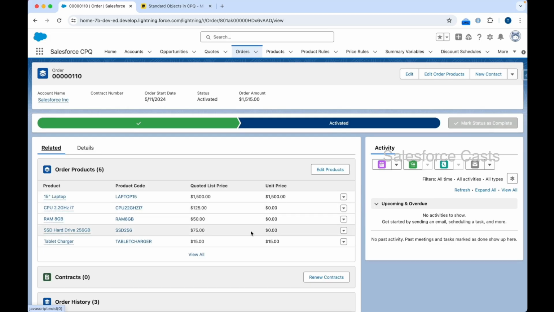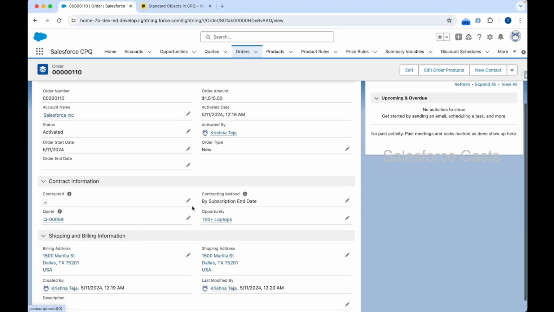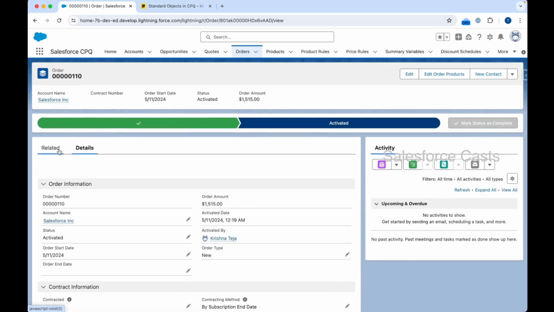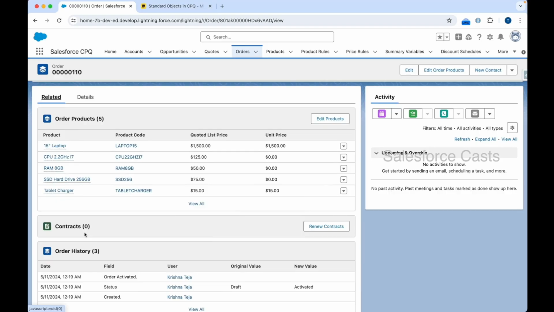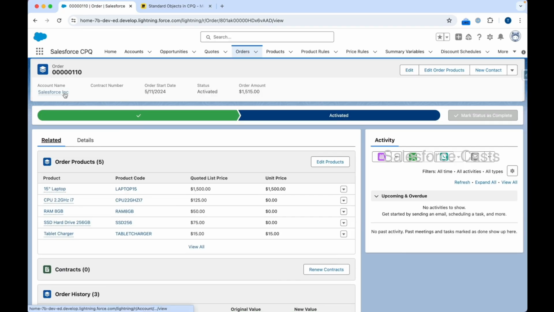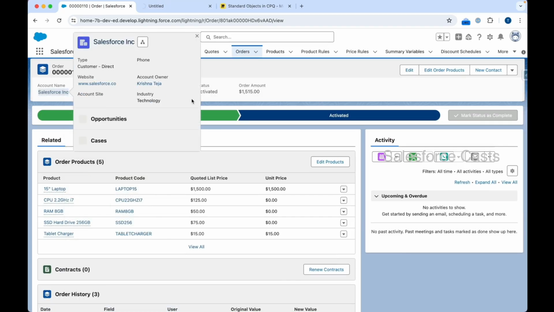There you go. Now you'll see that contracts is still 0. Before that, just be doubly sure that you have checked this checkbox. So what just happened? I did check this checkbox and I did save the record. However, earlier it went ahead and it created a contract record, but now I don't see a contract record. And why is that? Because these are one-time purchase products. There will not be any monthly renewals or yearly subscriptions involved, because of which there is no need to create a contract. Rather, what happens is, if you go back to the associated account, which is nothing but the customer record,